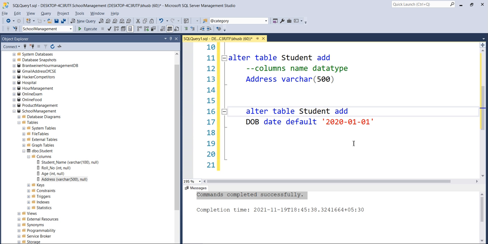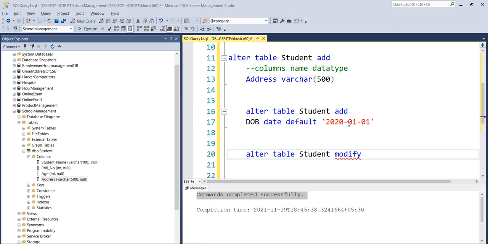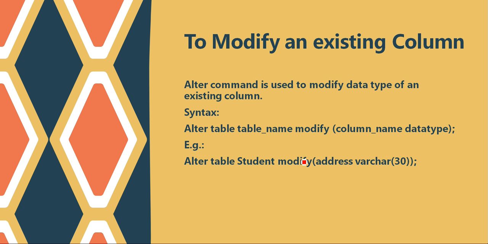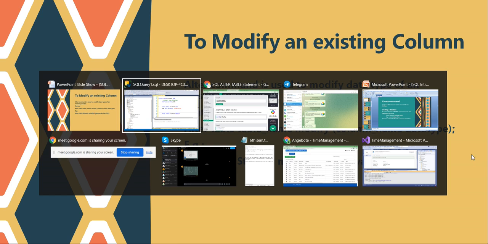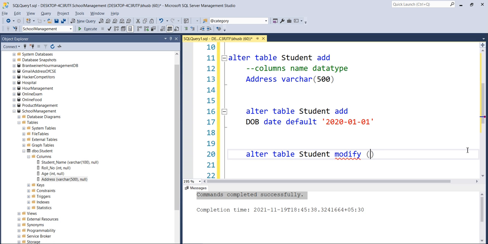So let's just quickly go to our query window, and we need to write alter. I want to alter the table, and which table I want to alter, the student table. And this time I do not want to add anything, I want to modify. So I will write this modify keyword. After that you need to specify the bracket sign here, and which column you want to modify.